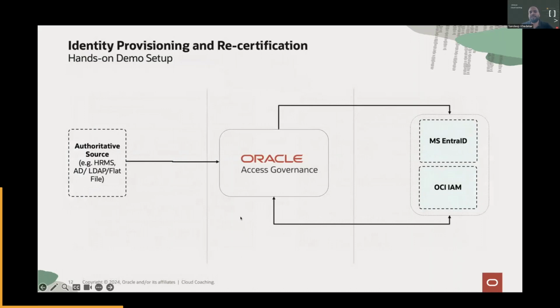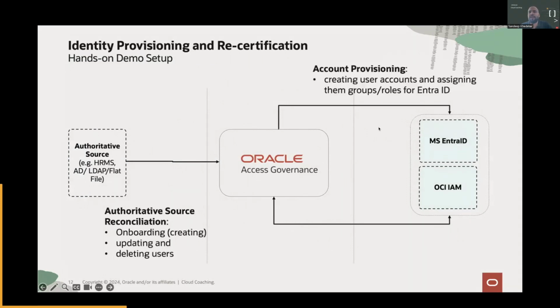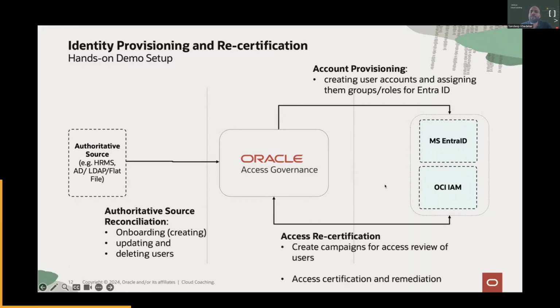Now, in our demo, this is essentially the landscape we have. We have an authority source from where we have taken the user information, and users are onboarded. Then what we intend to show you is request-based provisioning, wherein a user requests an Entra ID account and group, followed by an approval workflow, and it gets provisioned. Then we will go to the next level and certify, reviewing who has what access in Entra, and check whether the remediation has taken place or not.